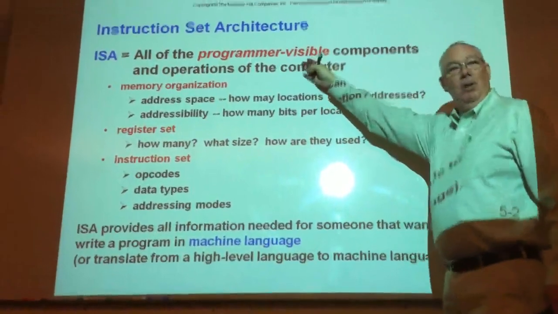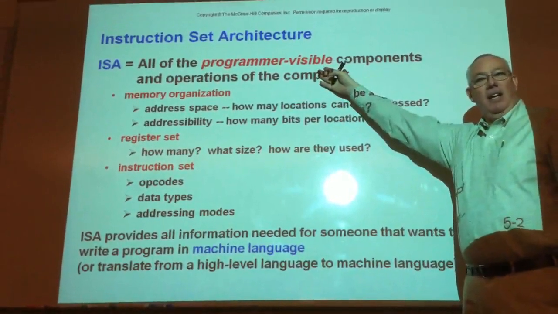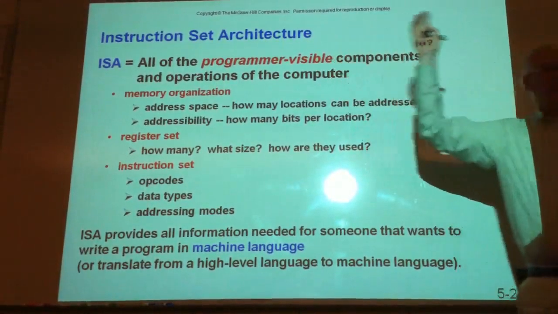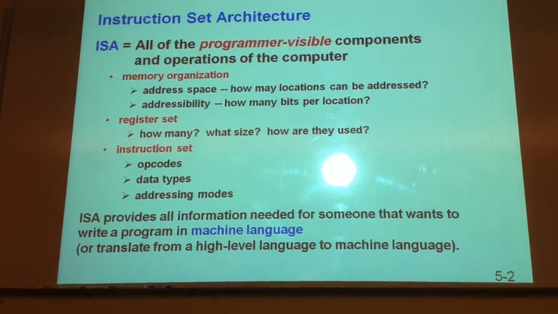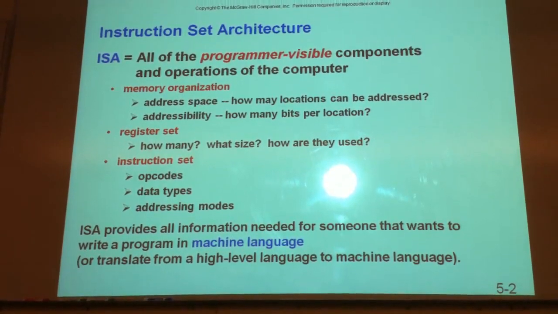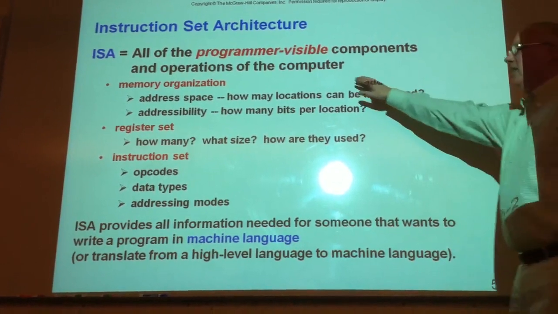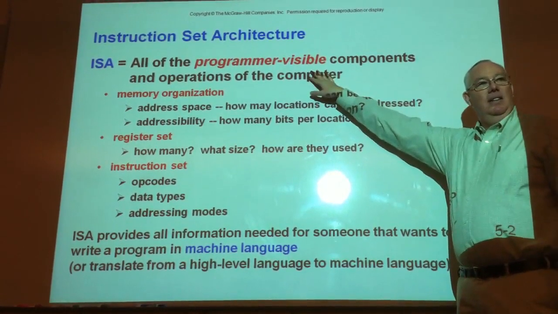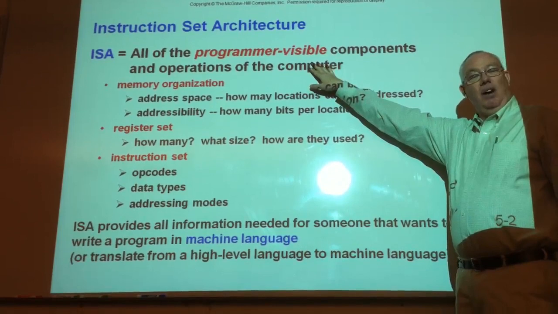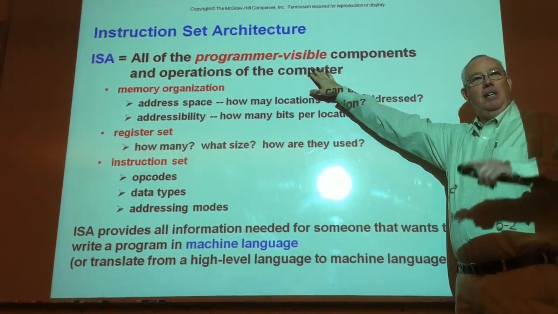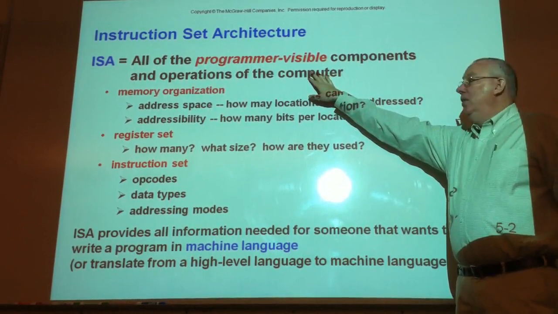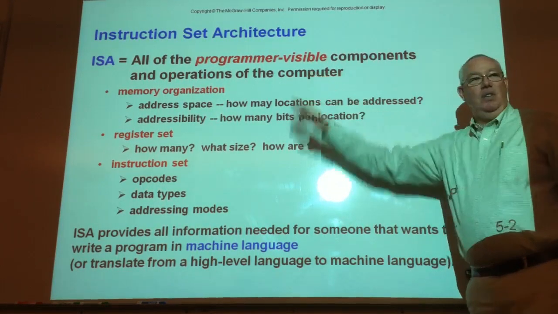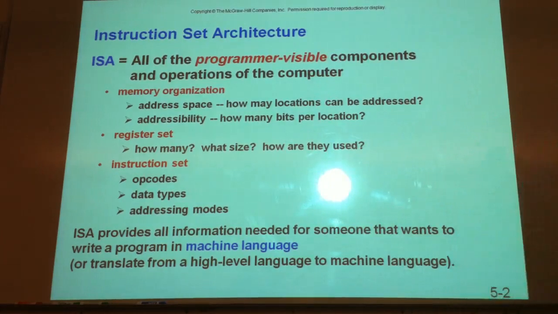Operations. So this is important. The architecture is a lot larger than that, right? Remember, we looked at the block diagram of the LC3 and we've seen the program counter. The program counter is very vital, but you cannot get to the program counter directly. If you want to modify the program counter, you can't write to it directly. You have to use a jump or a branch instruction that writes to the program counter